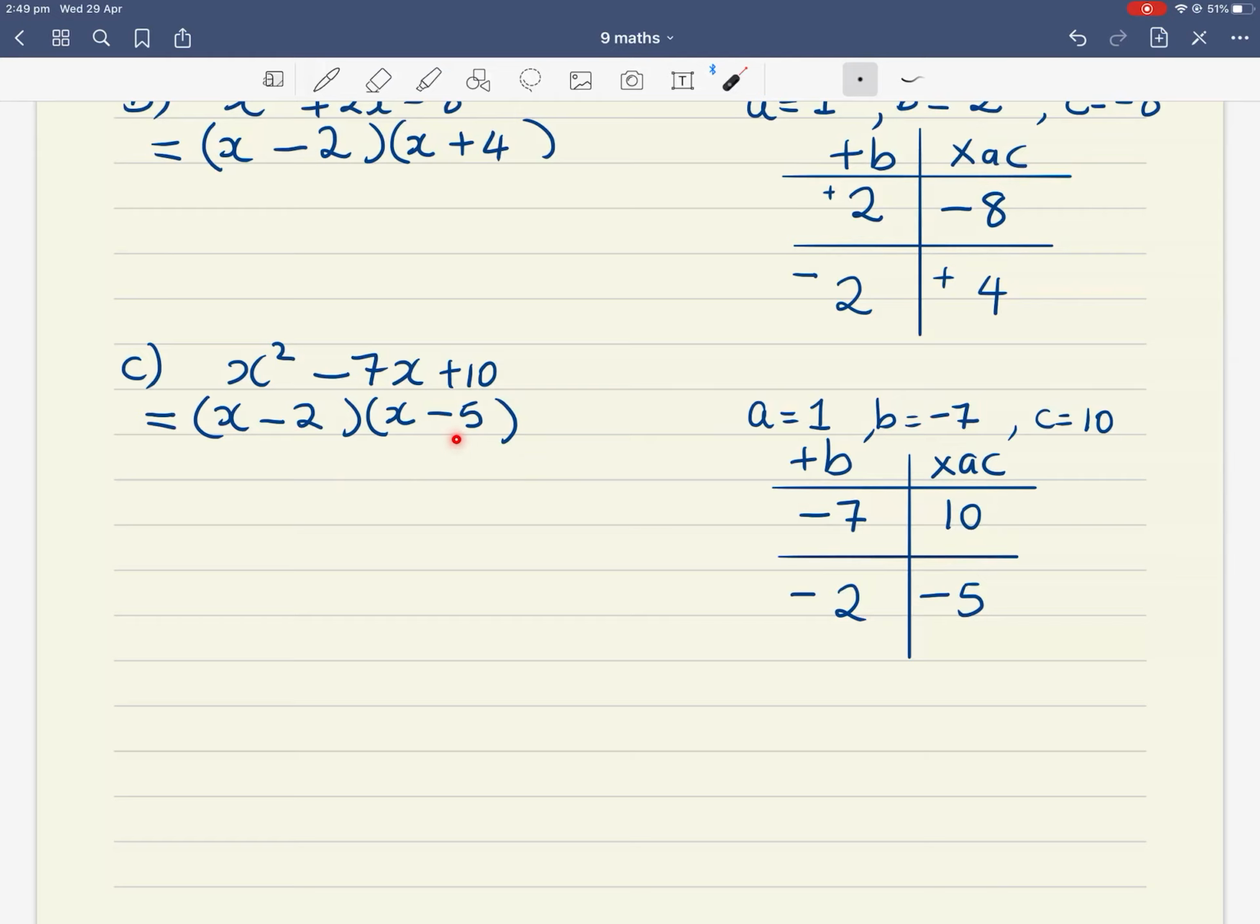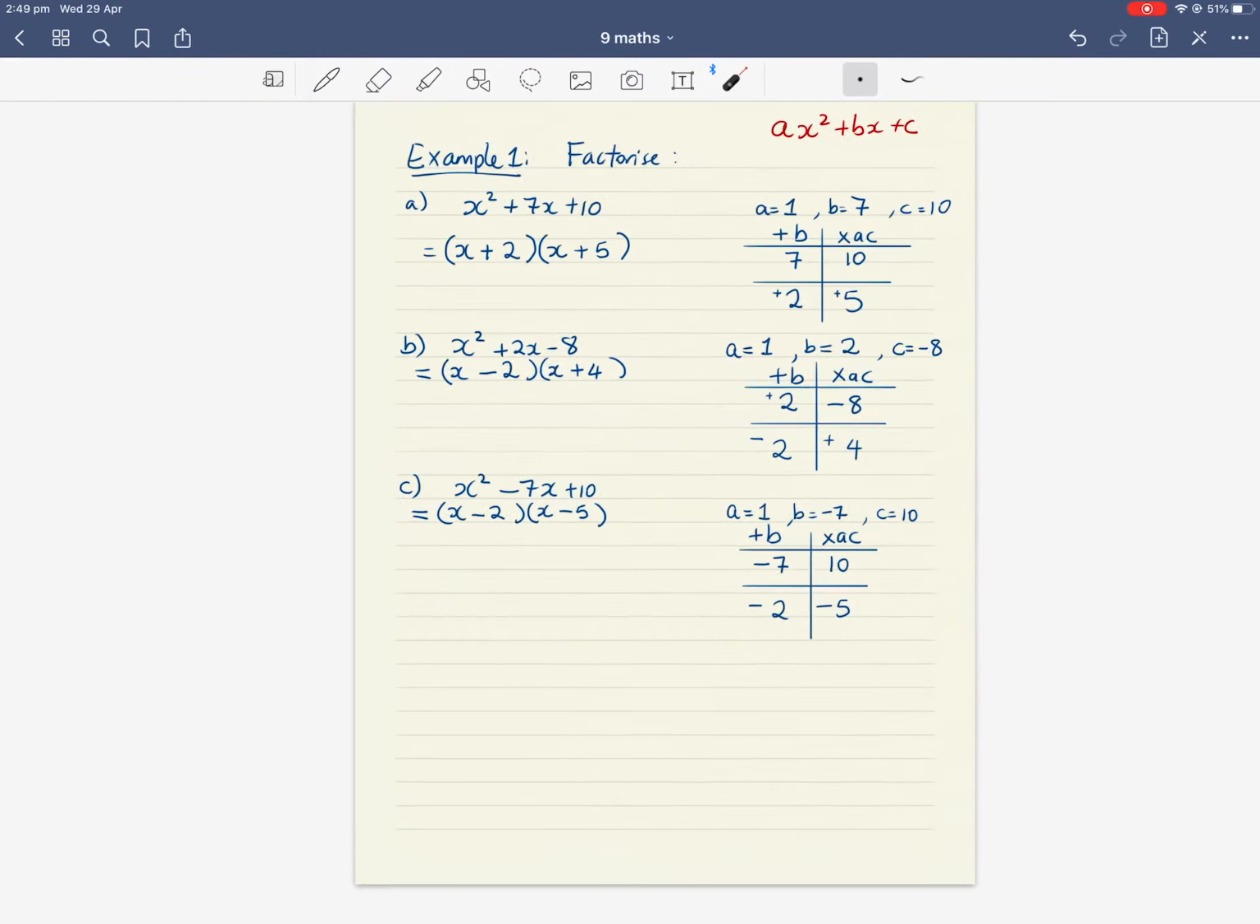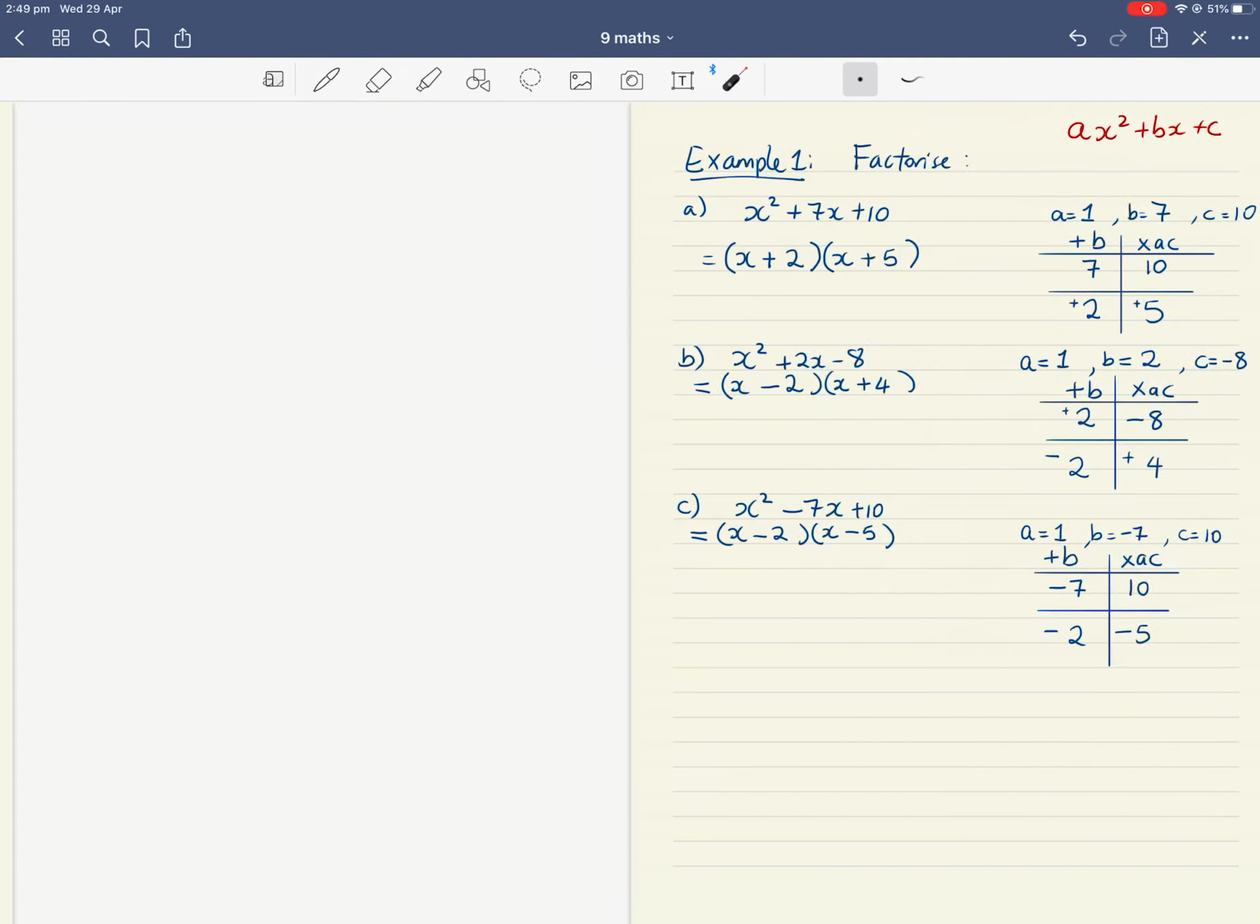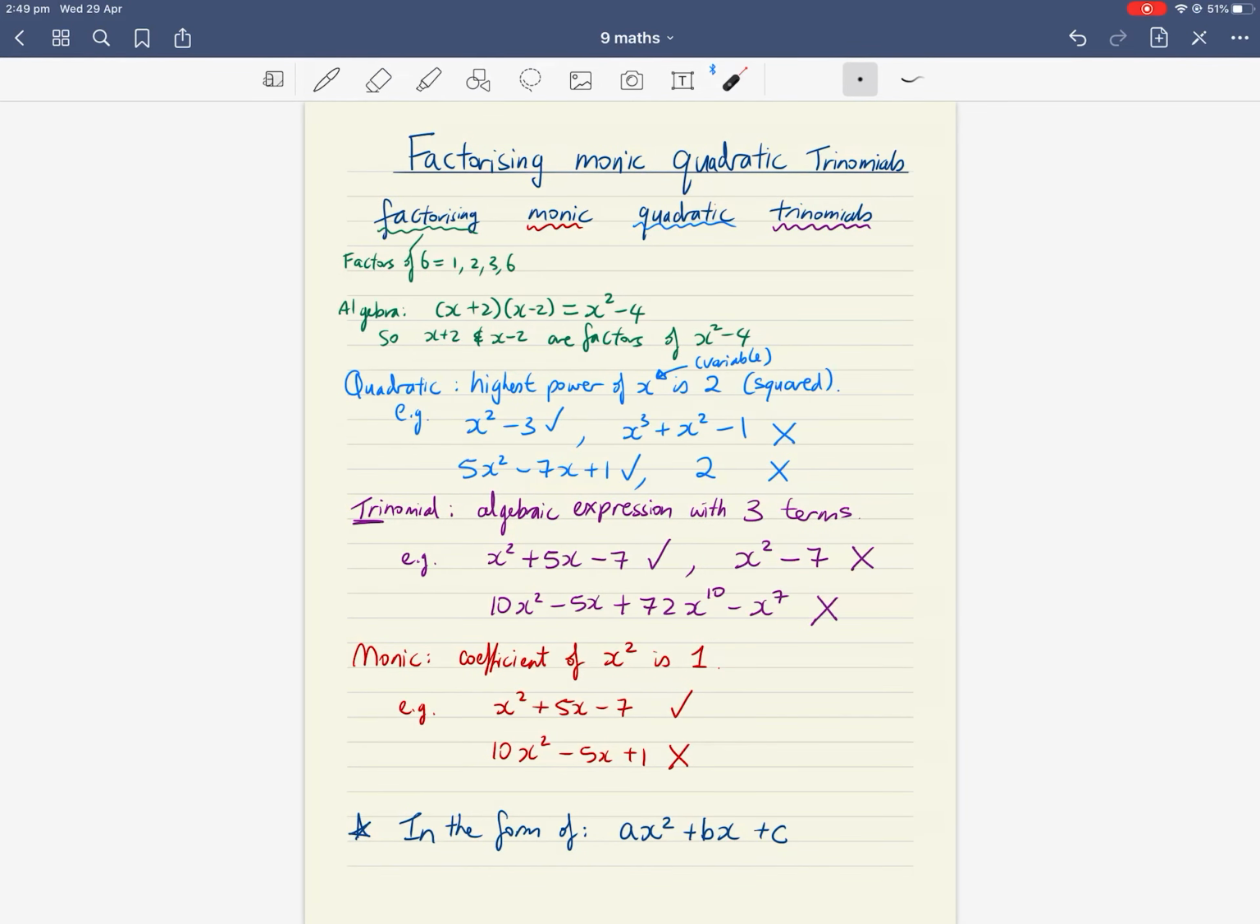That's important. Again, you can check your answer by expanding. If you expanded your brackets using FOIL, so first outer inner last, will you get back x squared minus 7x plus 10? Yes, you will. So you know you factorized correctly for these monic quadratics if you can get your original question back by expanding, because factorizing and expanding are opposite operations. So that's pretty much it for